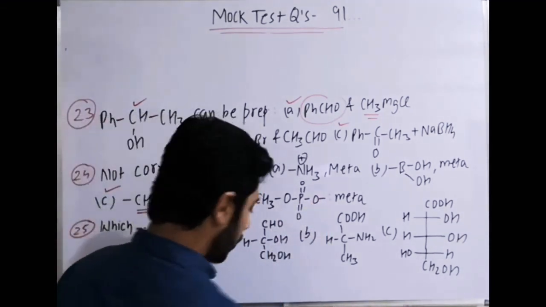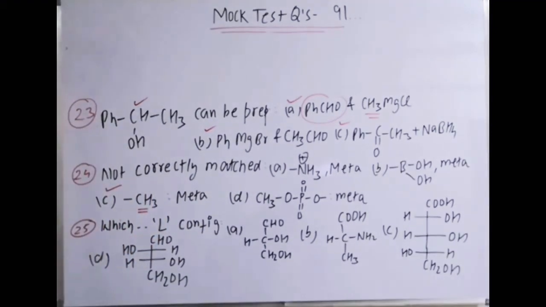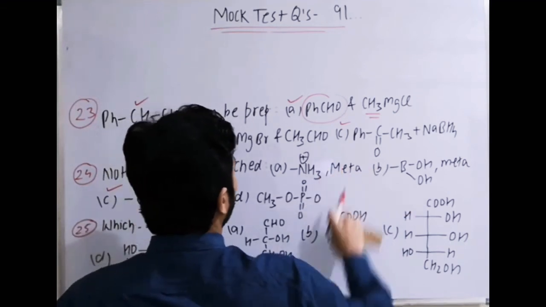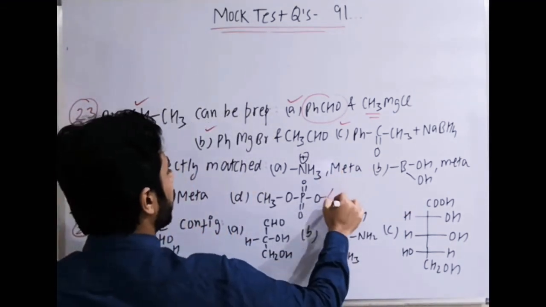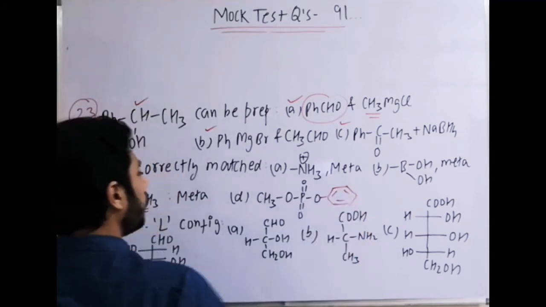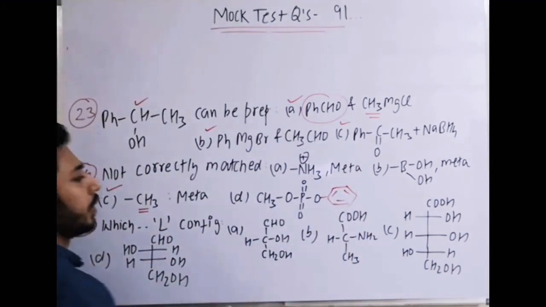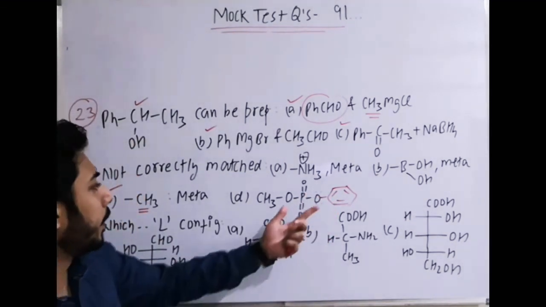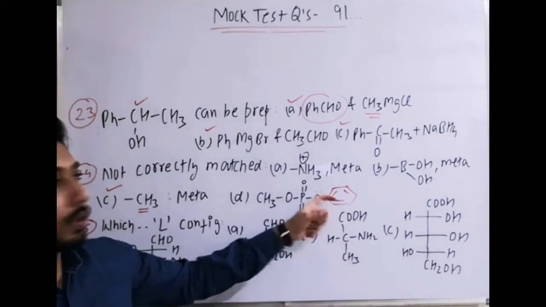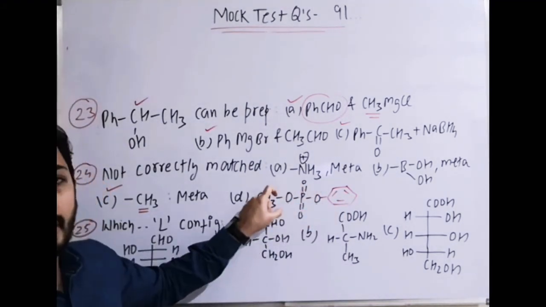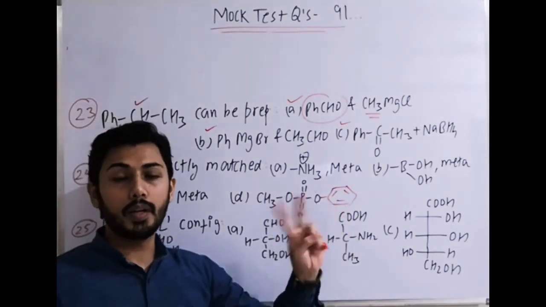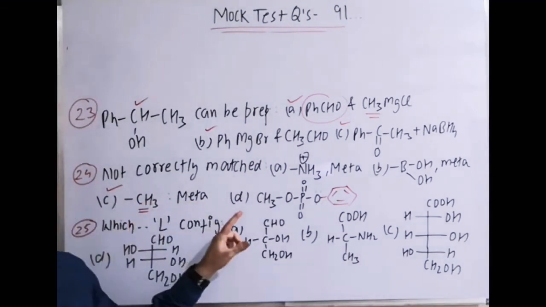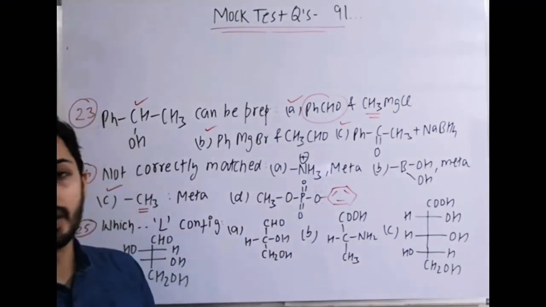Now there is an option in which a phosphate group is mentioned, right? And here is the benzene ring, which means we can attach it. Firstly, theoretically, we know lone pairs are available and it should be ortho para directing. Although P double bond O is there with a withdrawing effect, it should be ortho para directing. Among them, only one answer is to be given, so C clearly is the answer, but the other reason is given in the explanation.